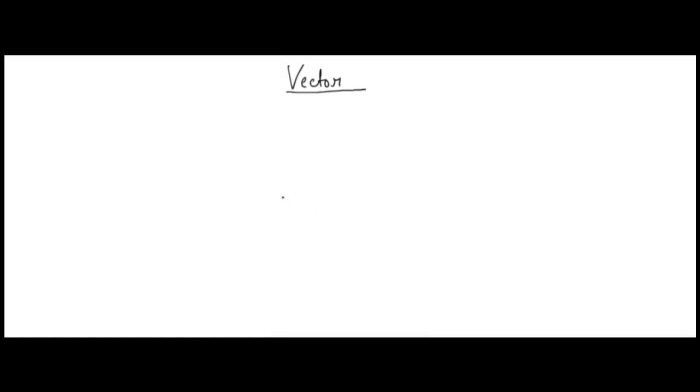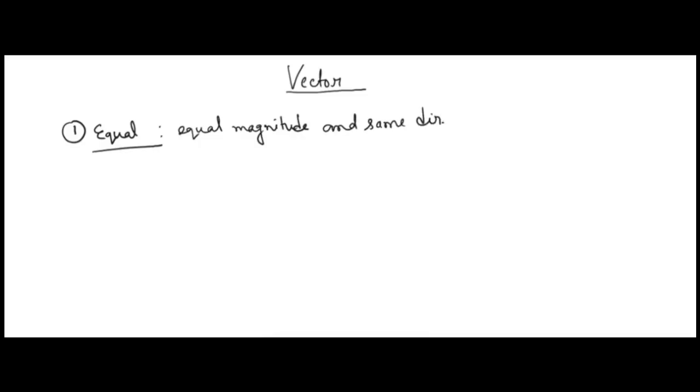Hello students, today I discuss various types of vectors depending on the nature of magnitude and direction. So now the first type of vector is equal vector. The vectors having equal magnitude and same direction are called equal vectors. That means if you have a vector,